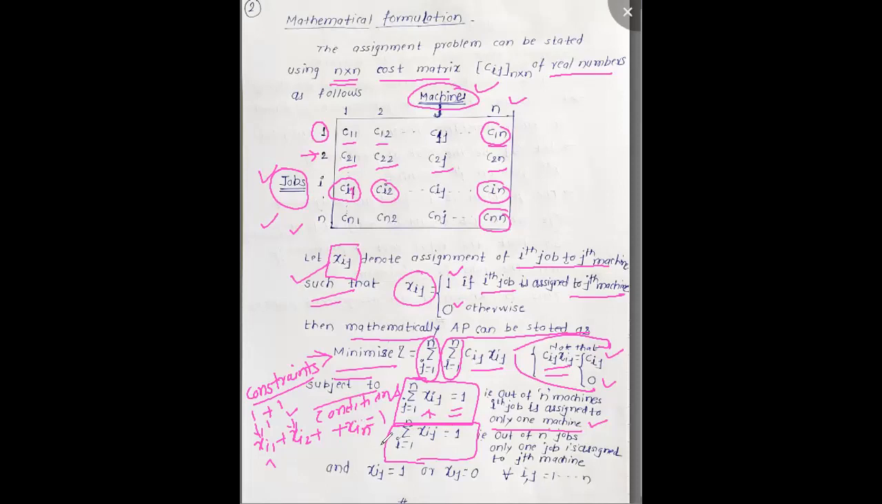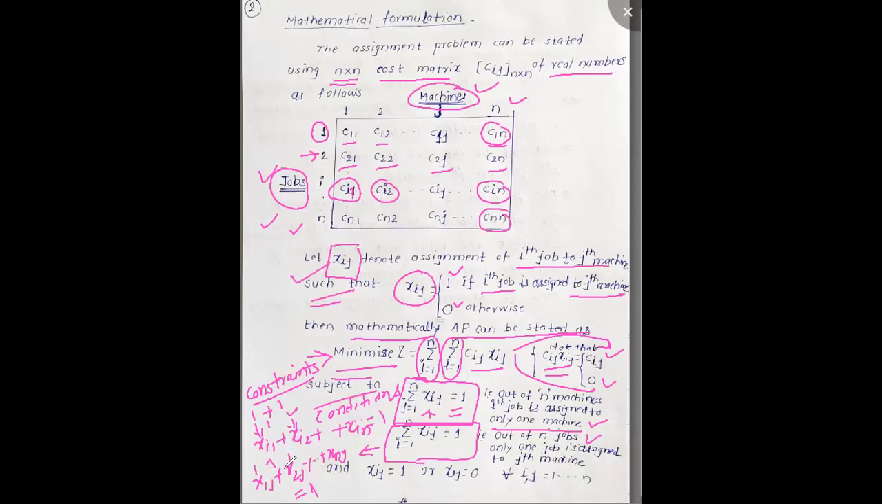Again, there are n terms in this summation. Now i is changing from 1 to n, so it is x1j, x2j, and so on, xnj, where j is the jth machine. That is, this sum is 1. It means out of n jobs, only one job is assigned to the jth machine, because if we assign two jobs to the jth machine, in that case,